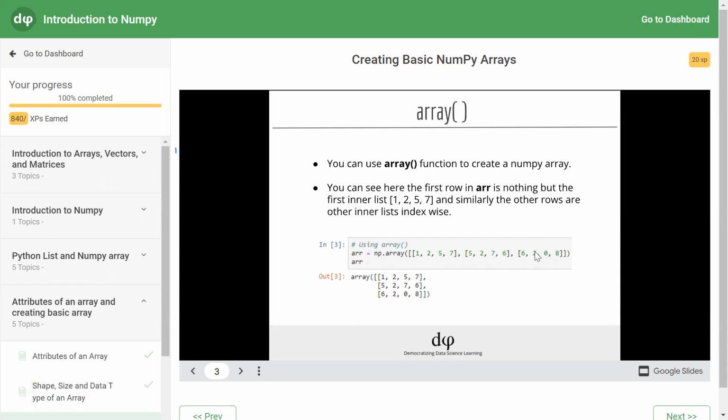All the data types are integers so the array can be created. The sublist will act as a row. So how many rows are there? 0, 1, 2. So 3 rows.